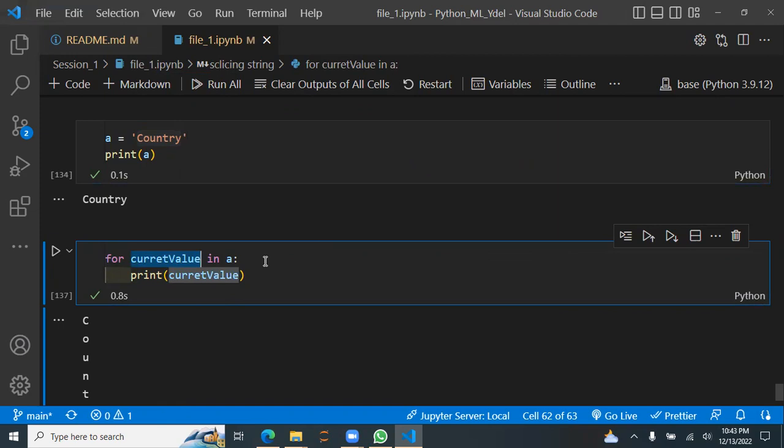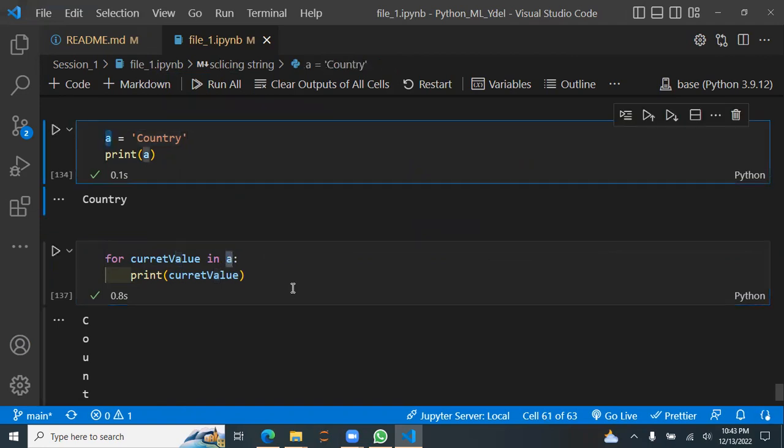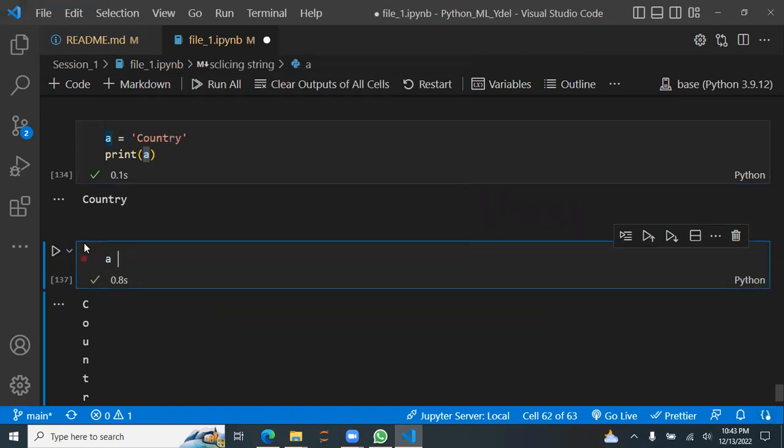Okay, I guess it's clear till now. Yeah, current value is a function, kind of, right? No, it's a variable. Actually, it's a variable that stores the current value that the for loop is getting from this sequence, this string. Or let's do a string, let's make it more